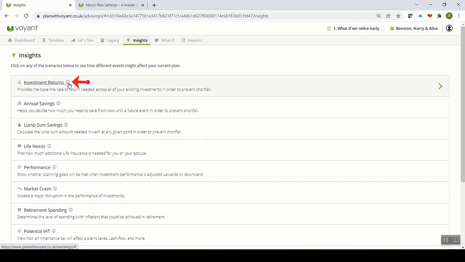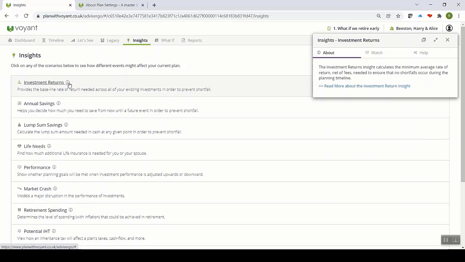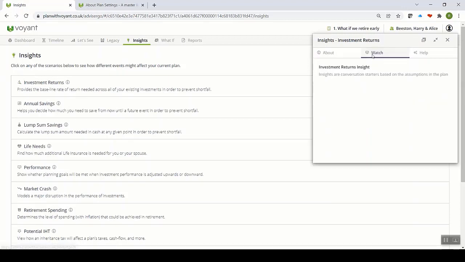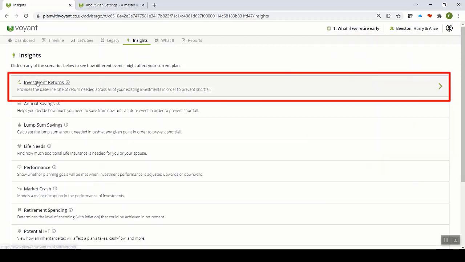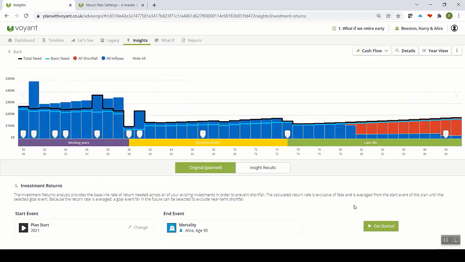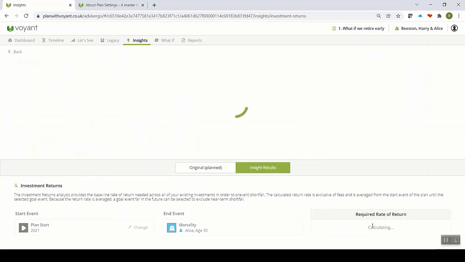For any insight, click on the I symbol. Inline Help pops out, and you've got a paragraph explaining what it does and a link to a more detailed article, plus a link to a specific video. But just to show you how this one might work, if I click on Investment Returns and click Get Started,